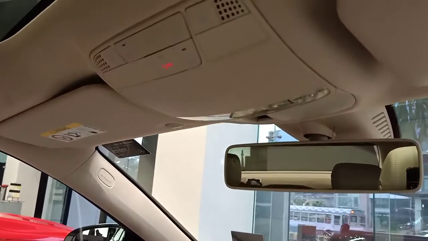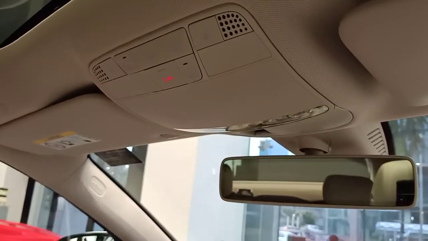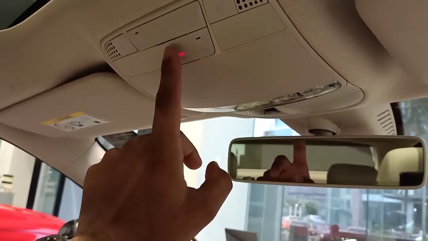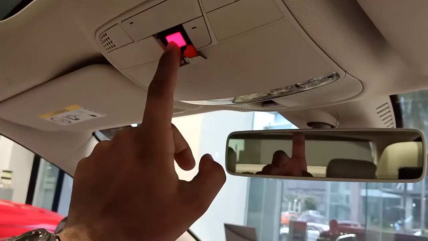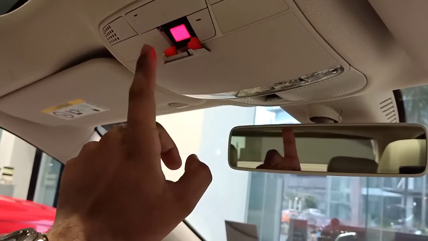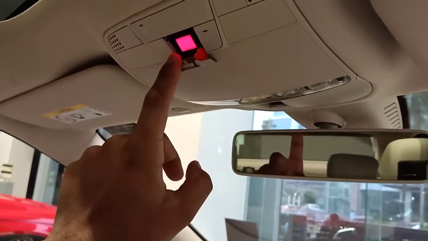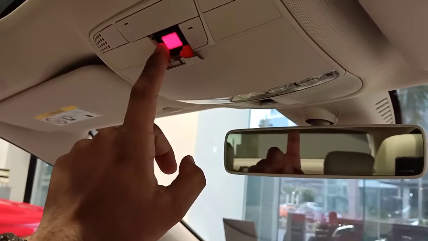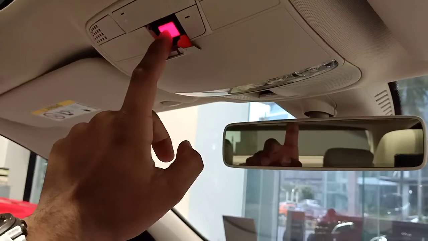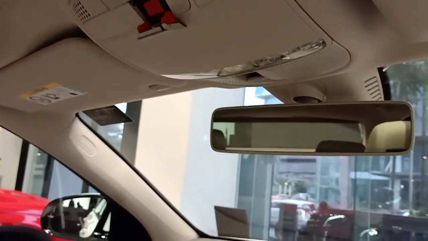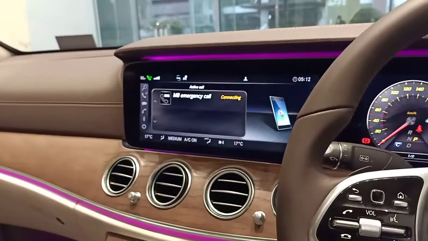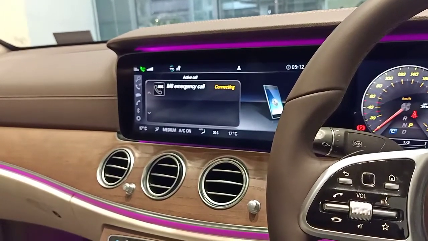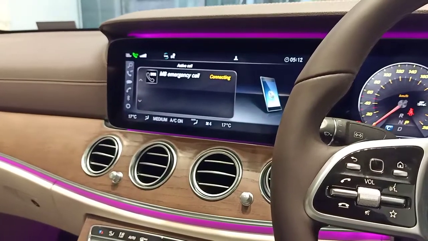So this car comes with the Mercedes Me feature, as I have told you, and you've got an SOS button here, which is for any accident or emergency situation. You can press the SOS button, which makes a call to our Bosch call center at Bangalore, which connects you to any emergency situation around you, and they provide you the best possible assistance. Within 30 seconds the call is connected to the MB service center at Bangalore. So we can see how it's done.